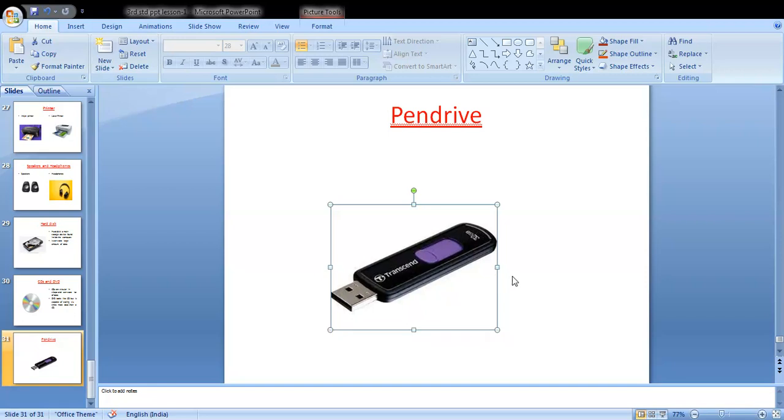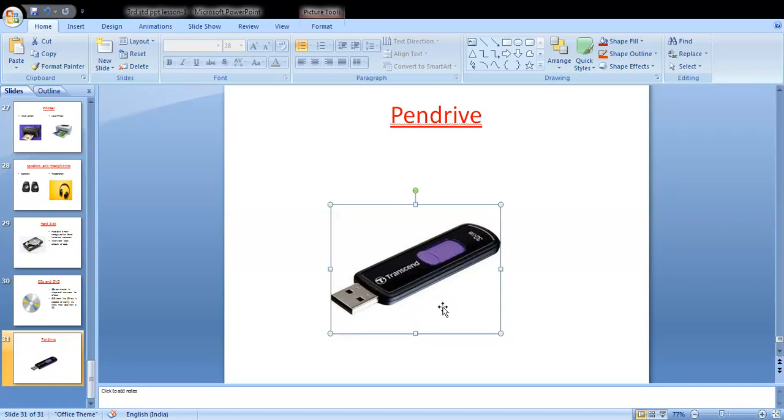I prepared this presentation at my home. Then I saved that in the pen drive and now I open it in this computer. It works when inserted into the Universal Serial Bus, that is the USB port.